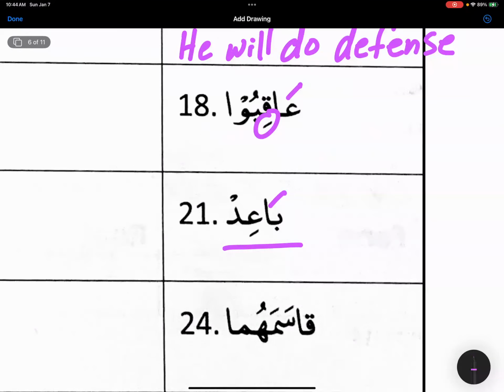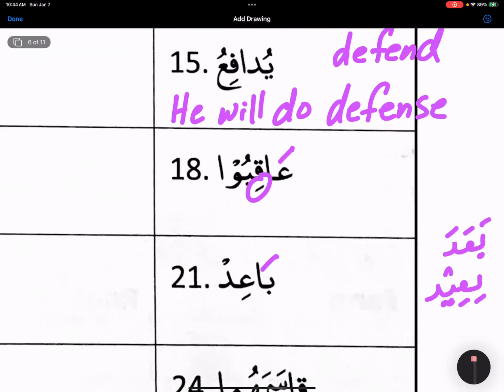Ba'id. From this, ba'id is basically ba'ada. Not ba'ada meaning after, but ba'ada also in the meaning of making something far. Ba'id, yeah. Okay, so ba'id. Oh Allah, we are saying Allahumma ba'id baini wa baina khatayaya, right? So make a distance between me and my khata, my mistakes. Subhanallah, beautiful dua, right? So we are asking to have a distance from our mistakes.